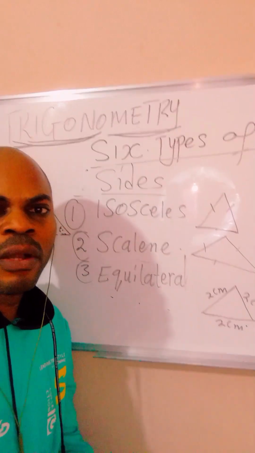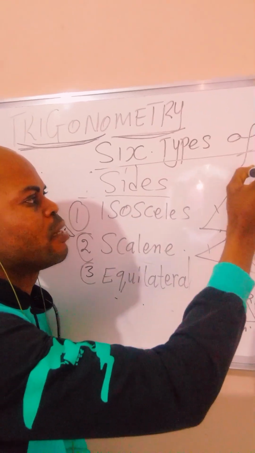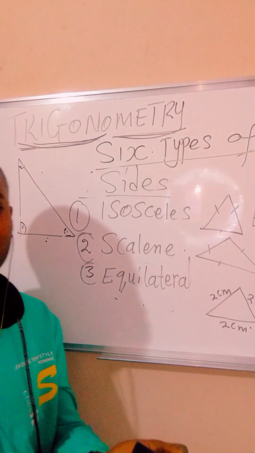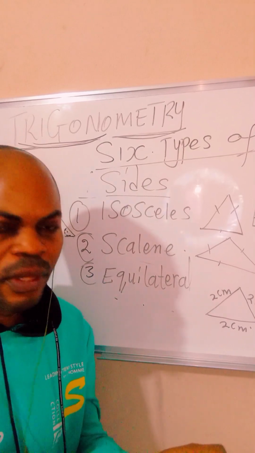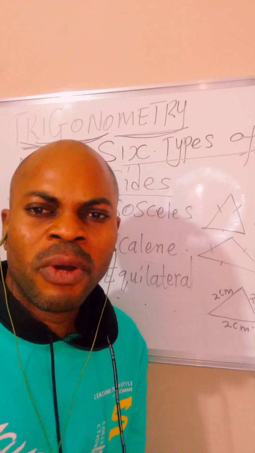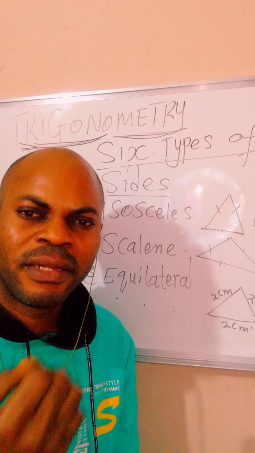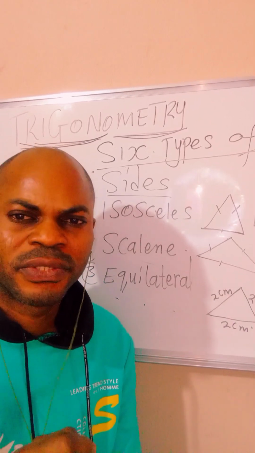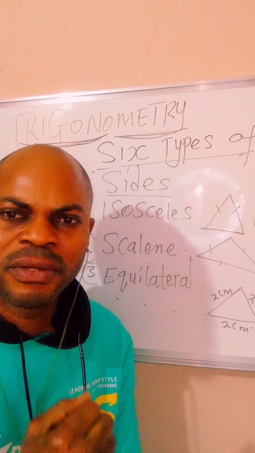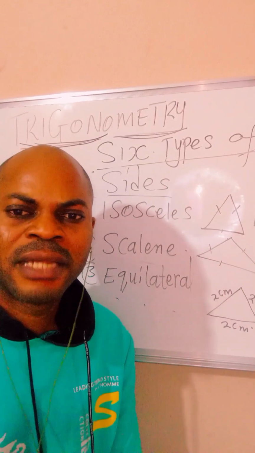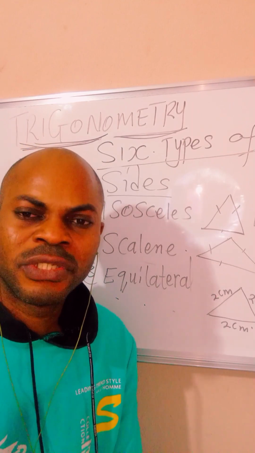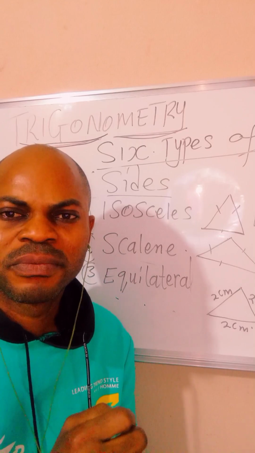So, in my next video, I'm going to focus more on what we call the right angle triangle and how to use Pythagoras theorem to resolve the challenges relating to right angle triangle. But let me recap before the video comes to an end. We have 6 types of triangles, and these 6 types of triangles can be classified either based on the angles of a triangle as well as the sides of a triangle. If you classify triangles based on angles, you're going to be having the acute triangle, the obtuse triangle, as well as